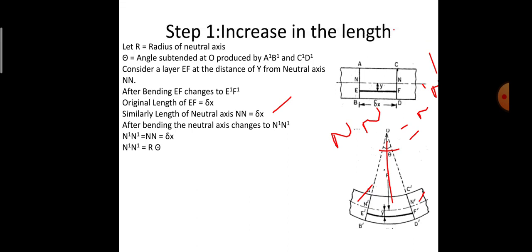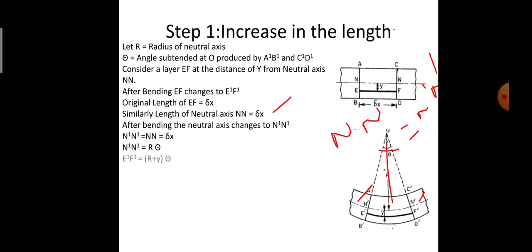So this is due to the curvature of the circle. So next, after getting n dash is equal to r theta, we want to know the value of e dash f dash. Similarly, by following the arc theorem of the circle, we can straight away say that